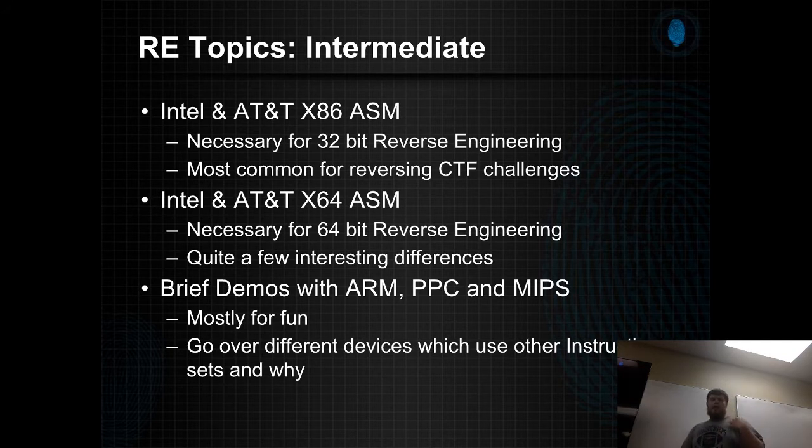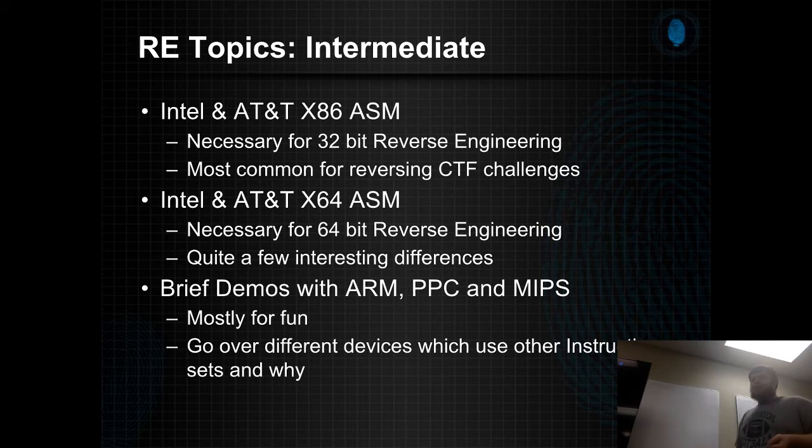So 64-bit, in essence, the difference is that the people who made the chip architecture went towards more of a reduced instruction set and added a few more registers. So really that's the only difference between 32-bit and 64-bit. There's a little bit of a difference in memory access, but we'll cover that when we're talking over those topics. Then